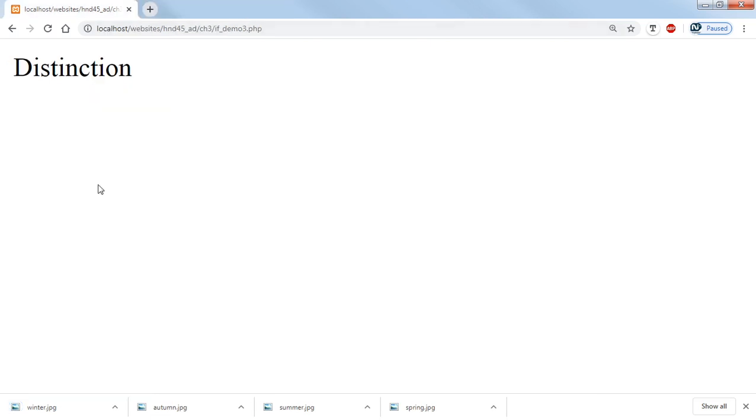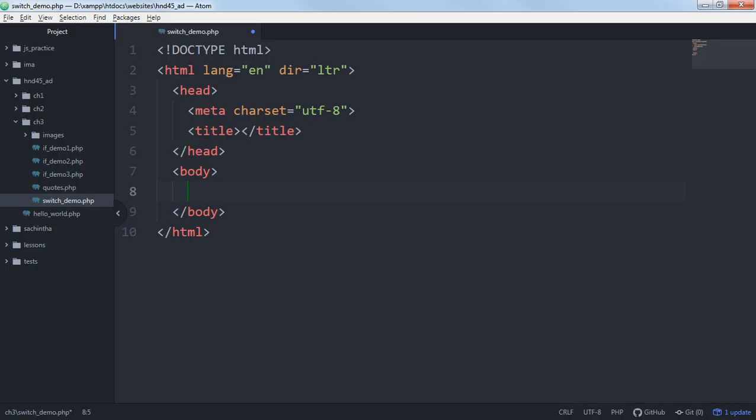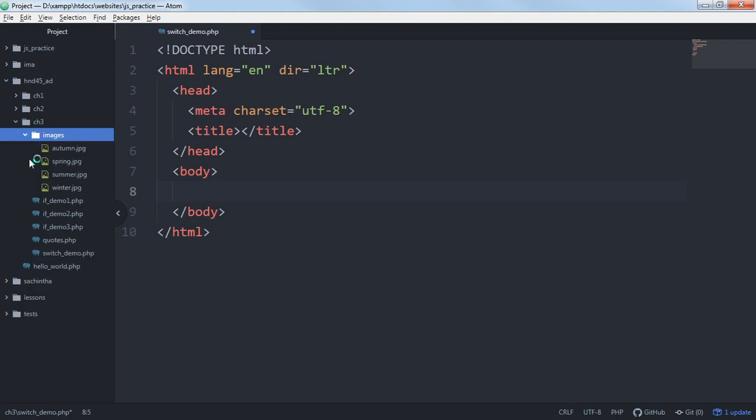Okay, that's done. So we've got the pictures. You can see from here, in the images folder, there are 4 pictures available. Right, now we're going to do the code in here. I'm going to call this one as